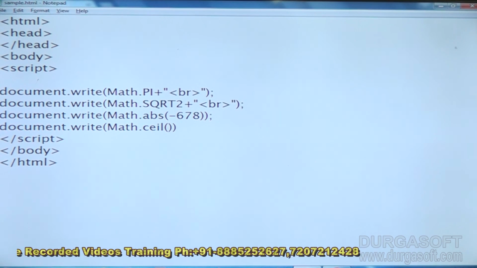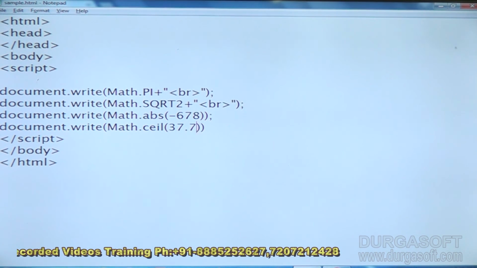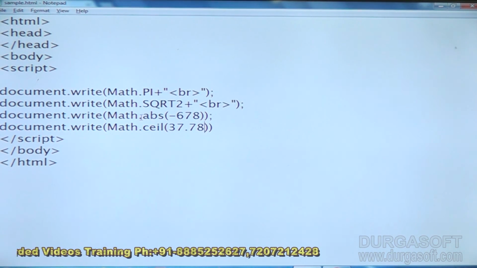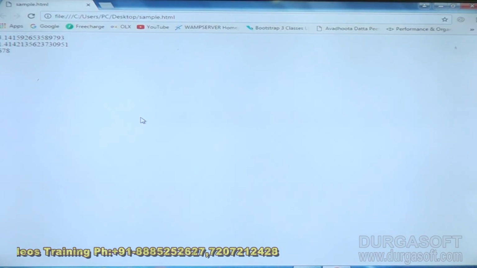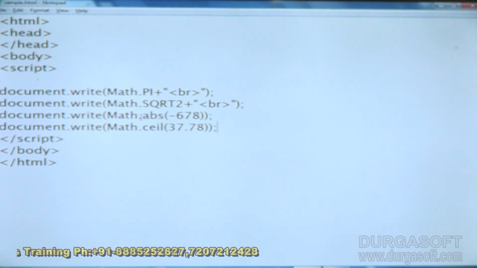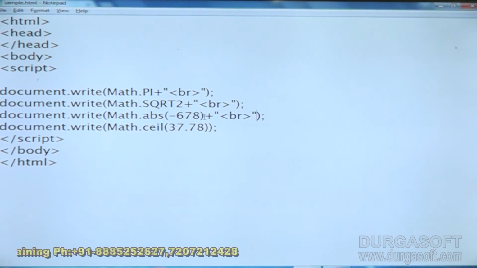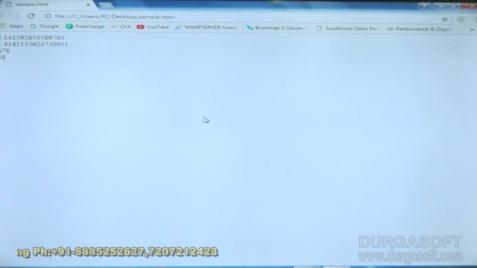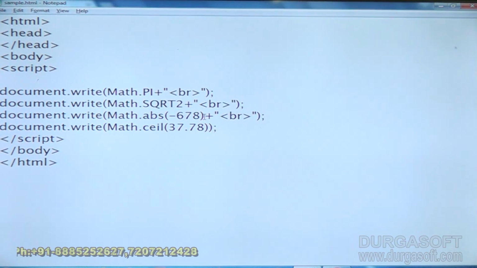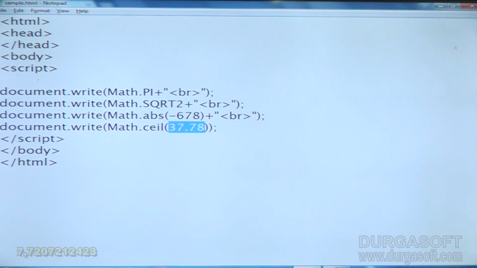I am giving something like 37.78. It is going to return the maximum value. Here I will give a break also. Save it. Yes, it is going to return the round figure of the particular value. What is the round figure of this? 37.78, 38. That's why it is returning 38. If you represent 48, still it